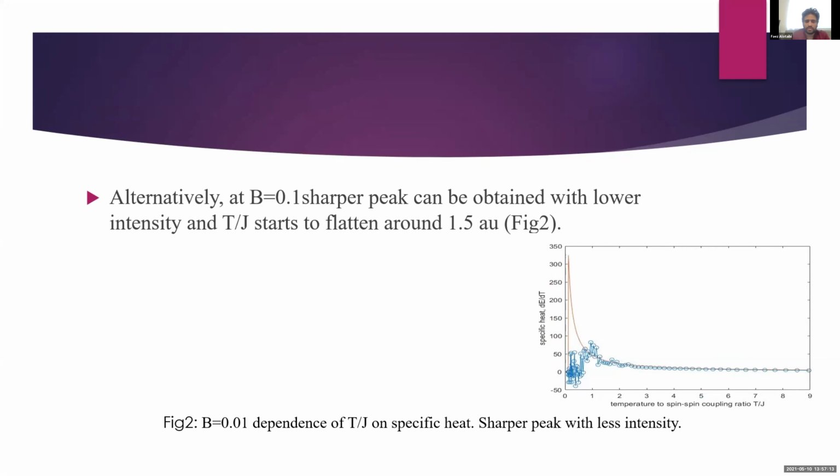In comparison, at a 1,000-fold larger B value, the peak is lower in intensity, and the T to J ratio starts to flatten around